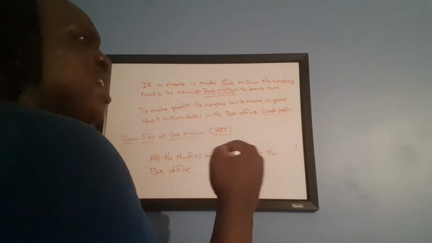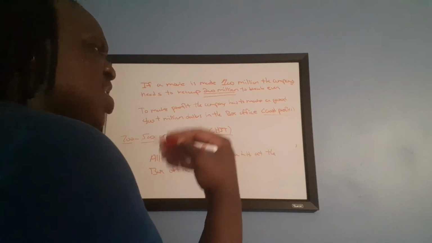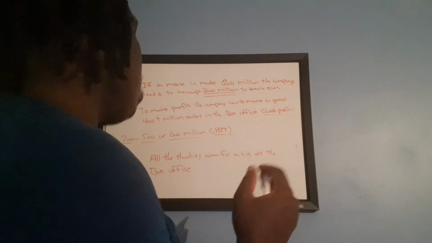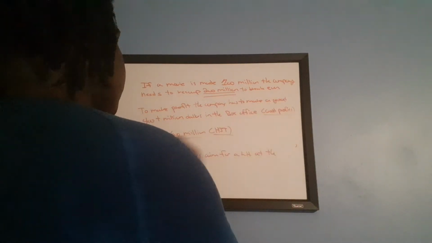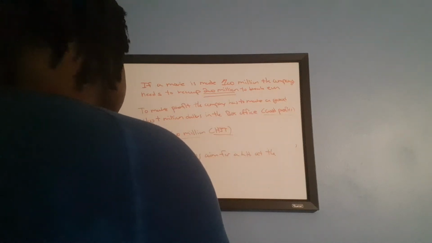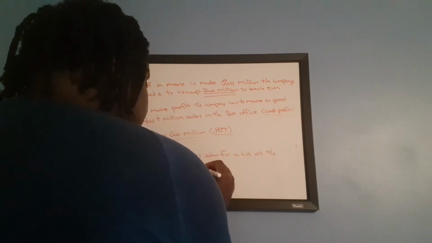Whereas if it's 100 million, 150 million, 160 million, the studios are expecting your movie to do at least 400 million, 450 plus million, $500 million around there. 400 million for good profits, 500, 600 million to be a hit, or 700 million to be a mega hit, obviously. And all the studios aim for a hit at the box office,